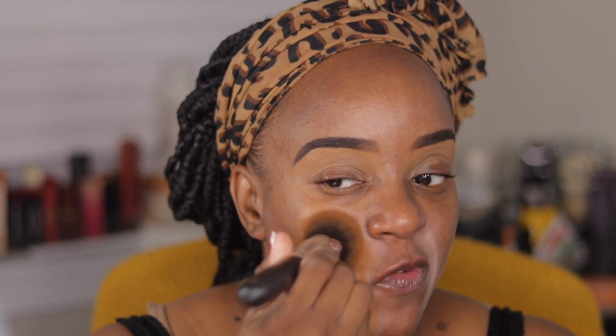It was so good I had to look on Ulta to see what the description was and everything. And I see that it comes in 47 shades. And it just says that it's a super blendable foundation. It's medium coverage and formulated with up to 6 pigments for your most precise match. So 47